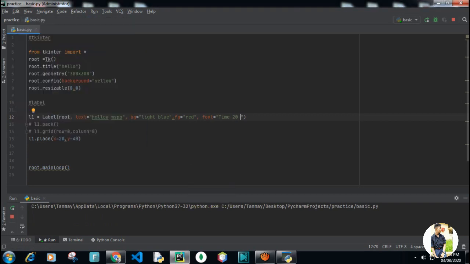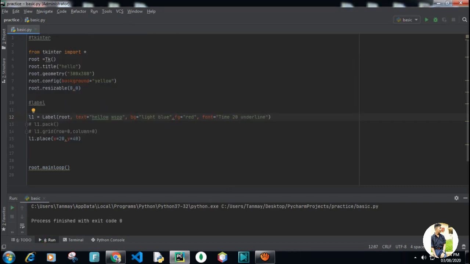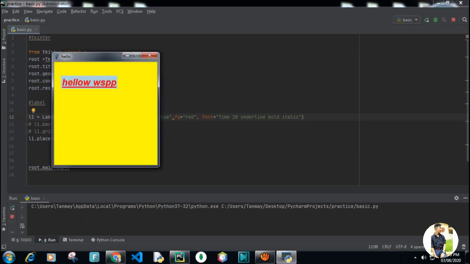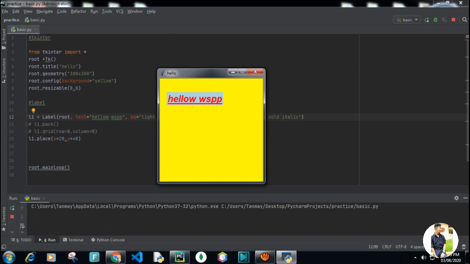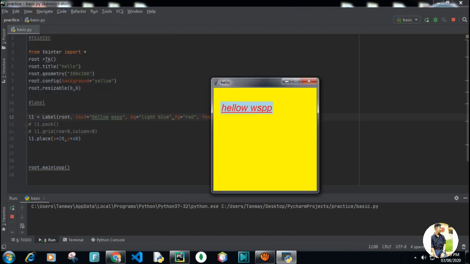Here we go. I will set underline to underline. It will appear underlined on my text. See, the underline is coming towards my text. I will set it to bold, and let's give italics, bold italic. Yes, bold and a little bit of italics. It's not showing italics. Yes, I will cut this bold. Now you can see italics.